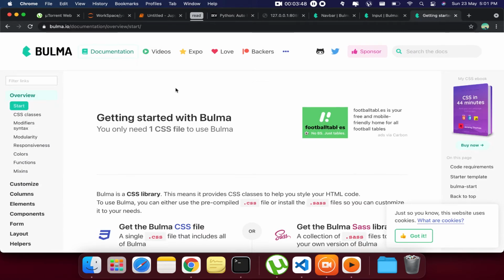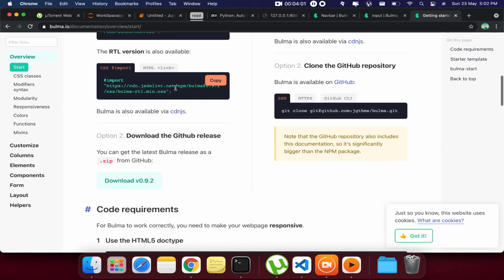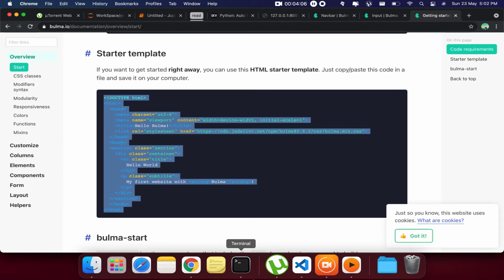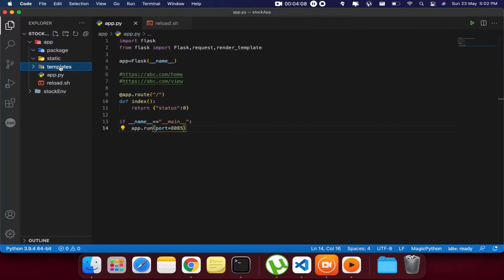Okay, now let's check how we can render a HTML page into this our app application, right? So we'll go to Bulma. So Bulma is a CSS framework which can be used for HTML and CSS so web page development, right? And I'm just going to use it because it's very easy, right? It can be used for rapid development. That's it. So just copy the starter template, put it into one file in the templates folder, say index.html,